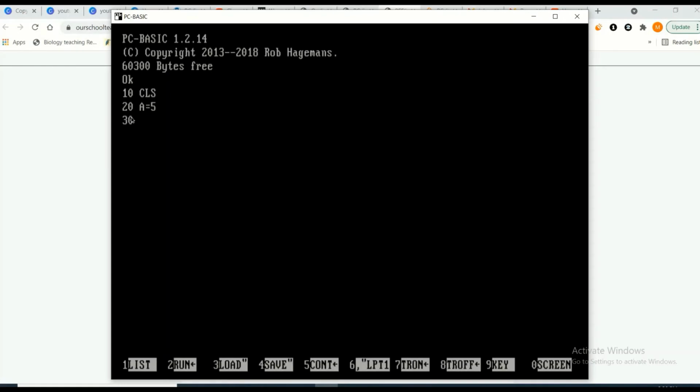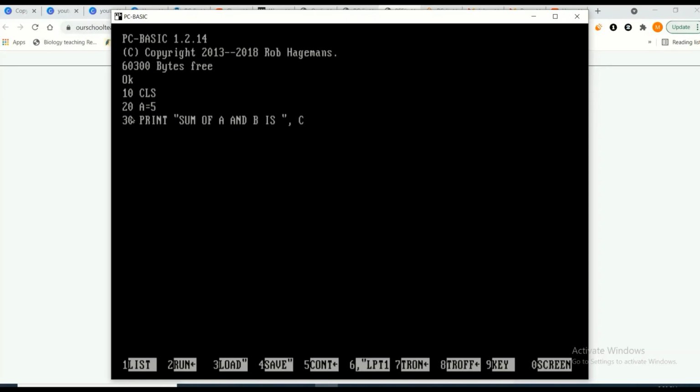For example, if I write this command, okay, but for example, you have forgotten some line numbers. You need to insert some line numbers between line number 20 and 30.